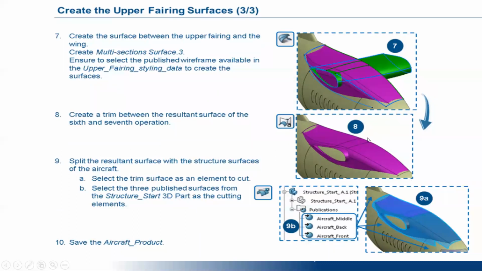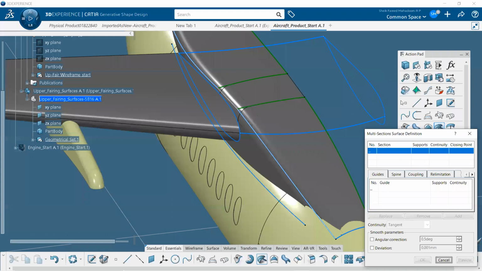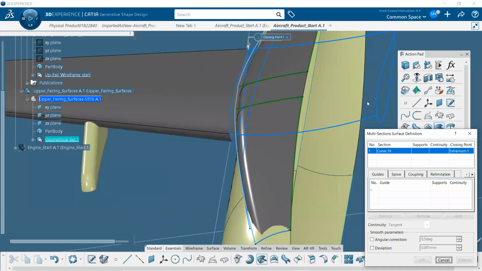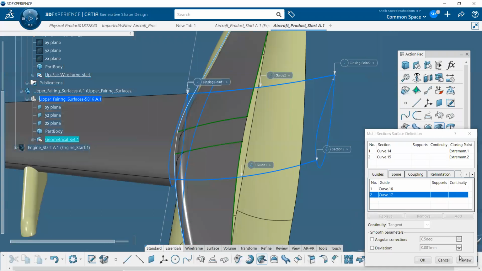Fine. So let's go to the multi-section option. Here you can see the multi-section option. Select this side and this side, and the guides will be this guide and this guide. Make sure the directions are correct. Preview.